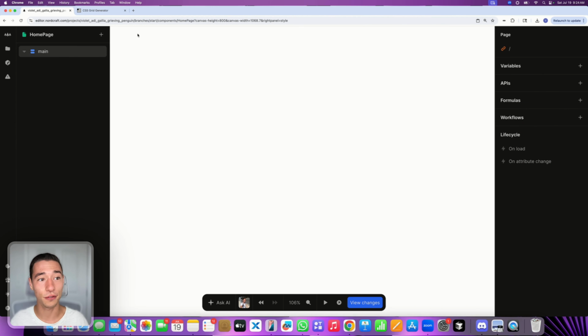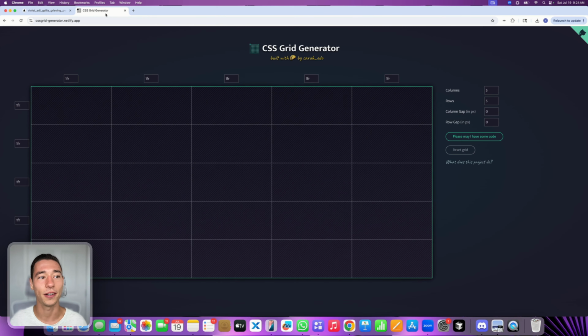Today, I want to show you how you can build a fully responsive CSS grid inside of Nordcraft. So let's get right started with that. Now, first of all, we want to go to a beautiful website called CSS Grid